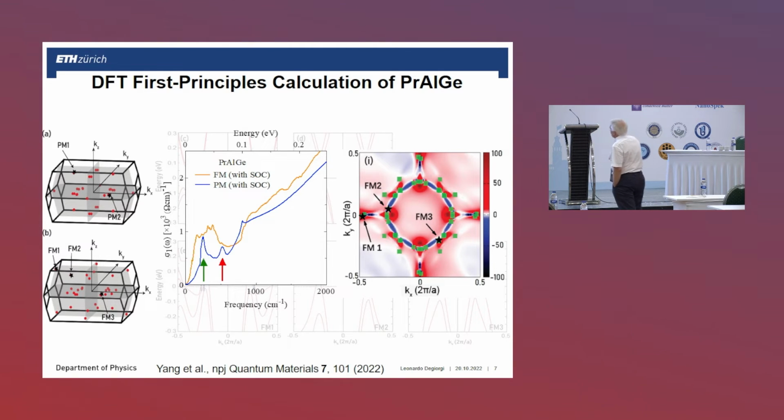Here the green dots correspond to the projection of those Weyl nodes within the y-x plane, and the black star are the selected one for our band structure calculation itself. And this brings me back to the previous result that I was emphasizing by the previous view graph, and I